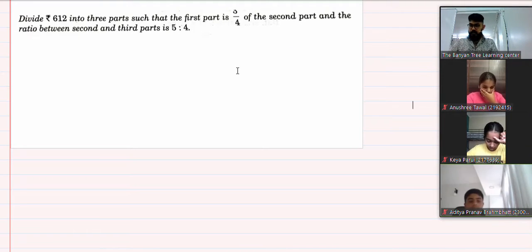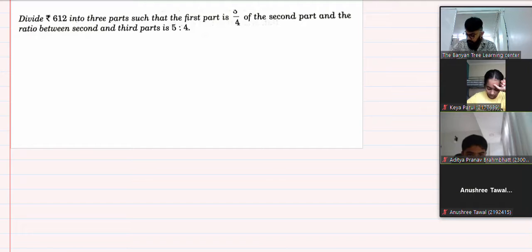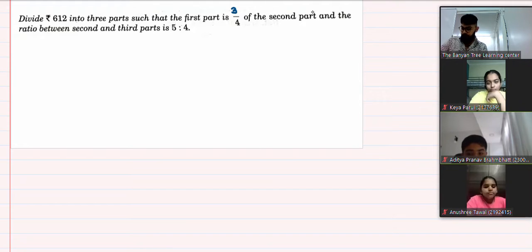Divide rupees 612 into 3 parts such that first part is 3 upon 4, 3 by 4 of the second part, and the ratio between second and third part is 5 is to 4. Okay? Now see,